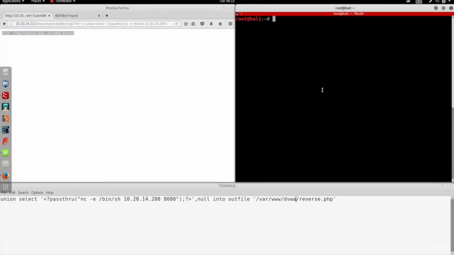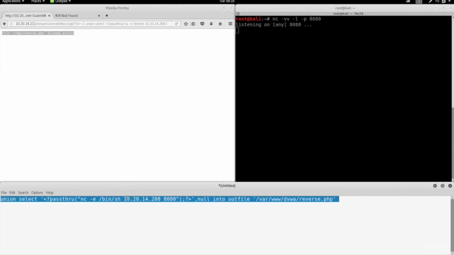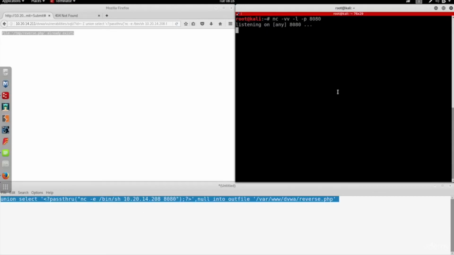So now I'm just going to listen for connections using netcat. So I'm going to do nc -vvlp 8080. And that will listen for incoming connections on port 8080. So when we execute this code, it'll try to connect back to us and we'll get the connection here. So now we have the file written and we're listening for connections. All we need is a way to browse this file to get it